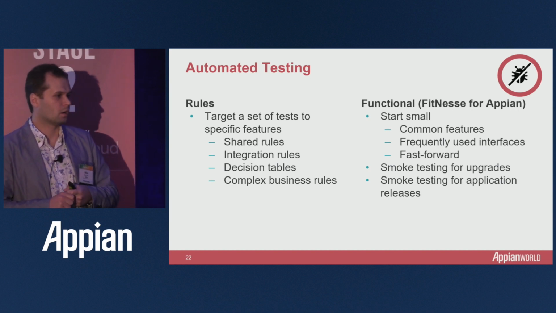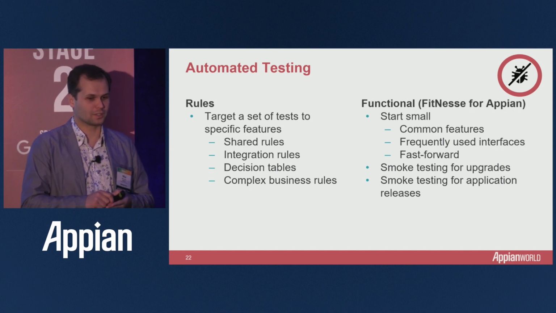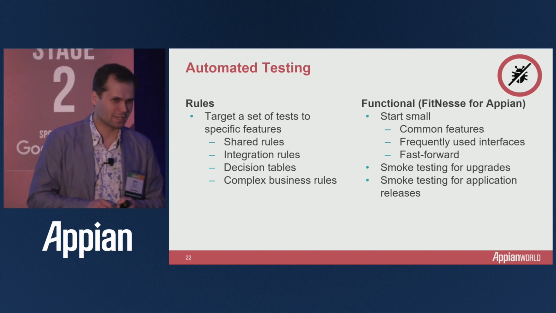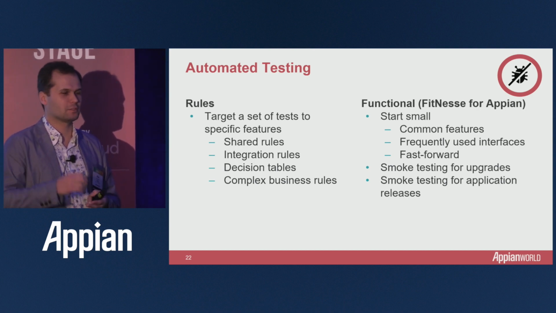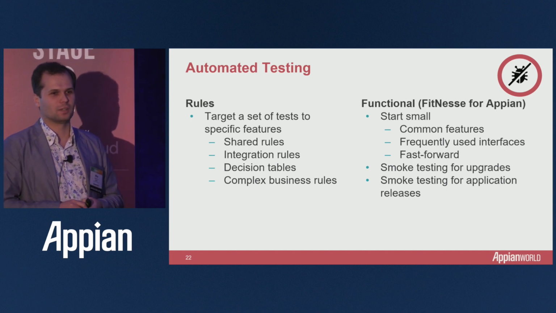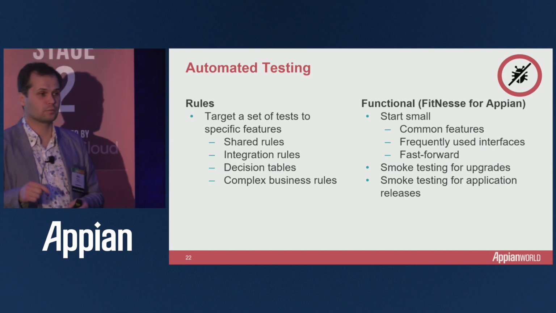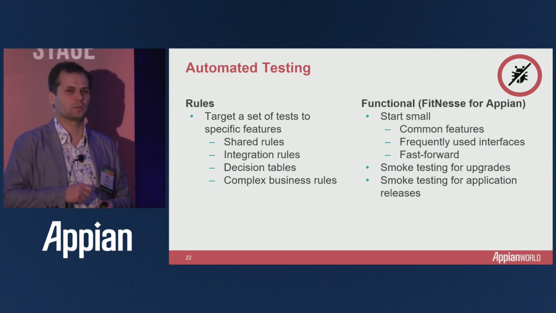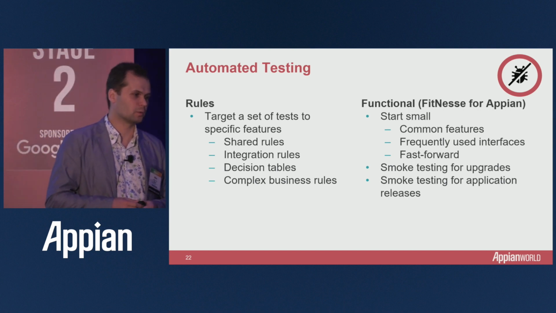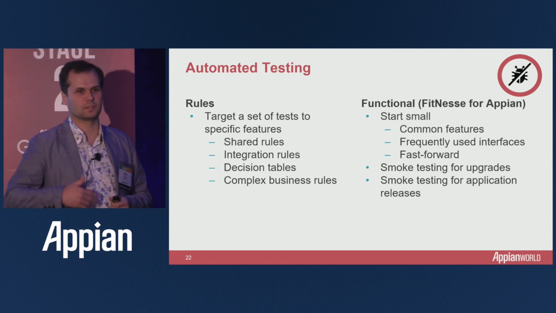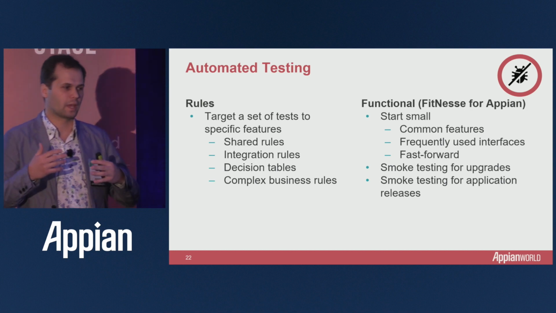Everything is hunky-dory. Decision tables are extremely important to write unit tests for, because the manual tests for decision tables can be very complicated, right? The more data you have, the more outcomes you have, it just becomes exponentially more time for someone to manually click through and fill out the data. So it's very important even for designers to build those tests as part of their unit testing, because it's going to help them be faster and with better quality. And obviously at that point, you're getting into complexity, and this is when you have to start prioritizing the rules that you actually want to have as part of your